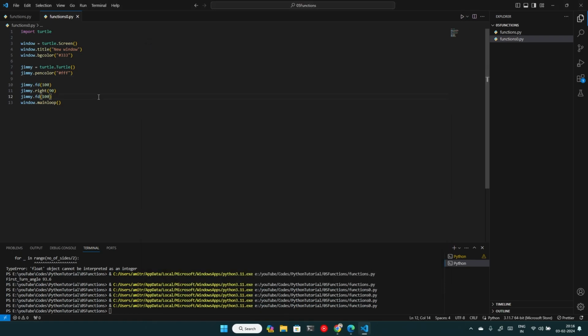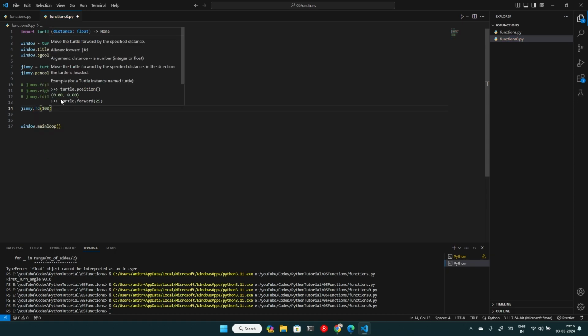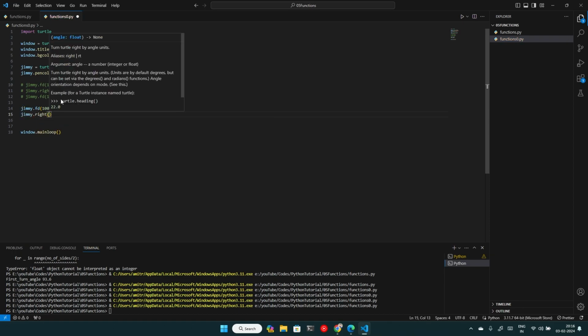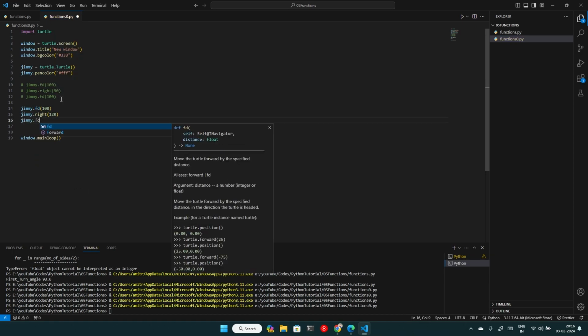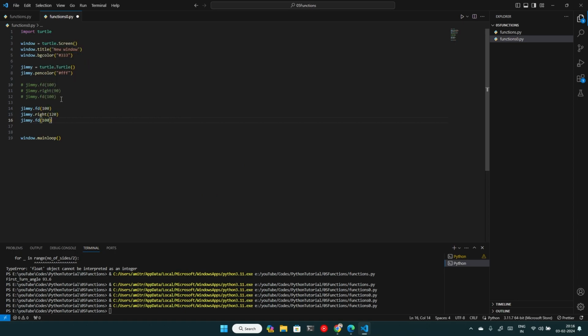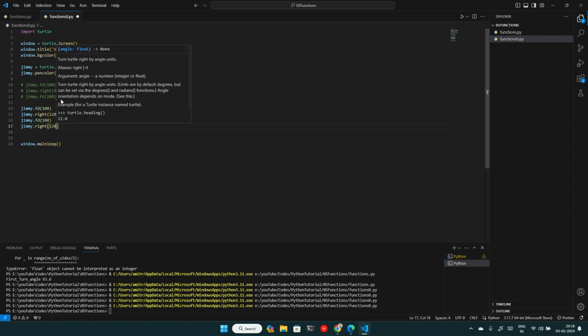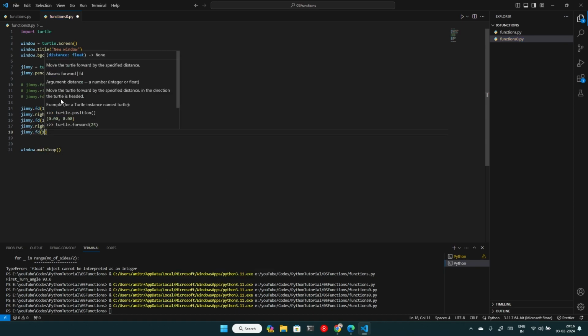Now for example, if we want to draw a triangle, this is my turtle, so Jimmy, go forward for 100, then turn right for 120 degree, then again go for 100, again turn right for 120, and then again FD 100.